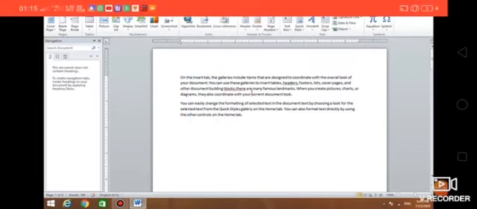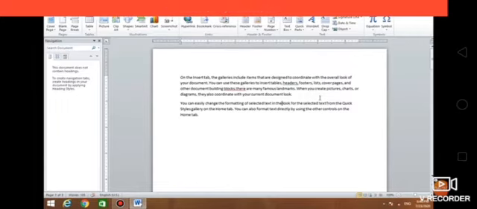Now we will learn deleting, copying and moving text. Deleting text. Deleting a character. Place the cursor to the right of the character to delete and press the Backspace key. And place the cursor to the left of the character to delete and press the Delete key. Through it we can delete a single character by using the Backspace or Delete key.